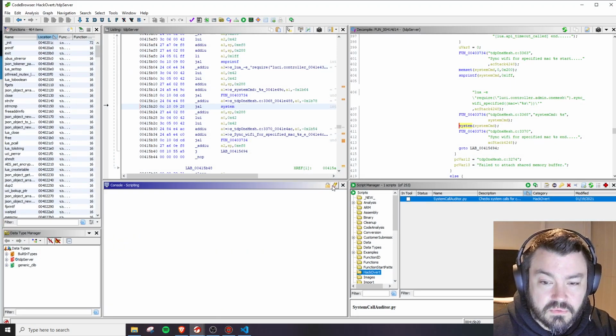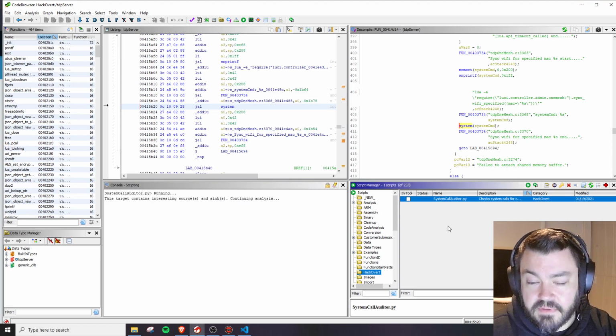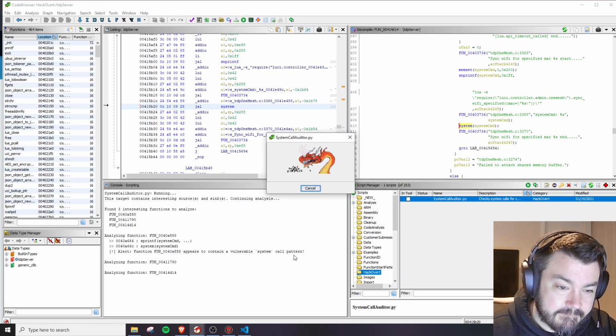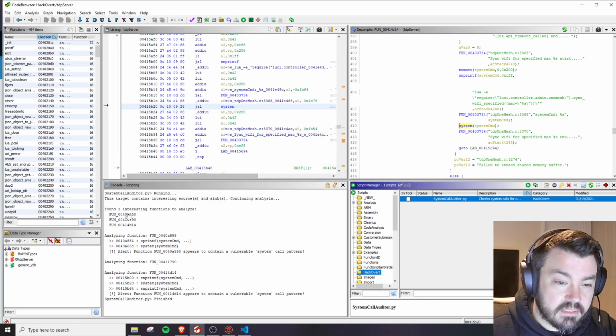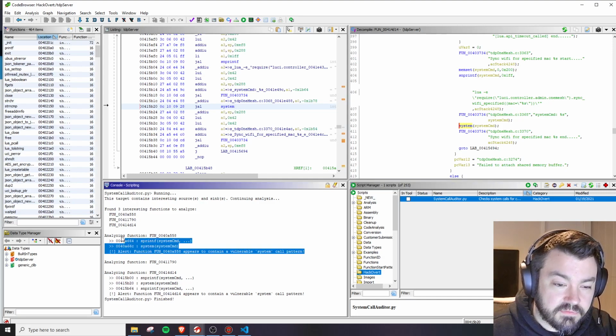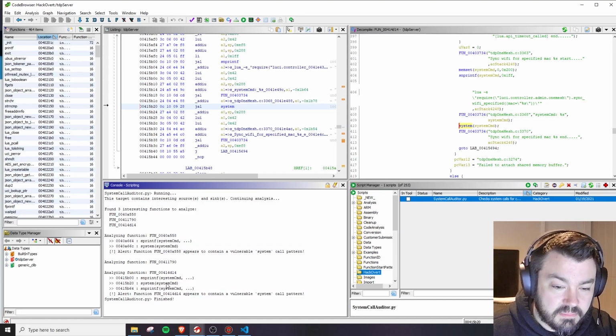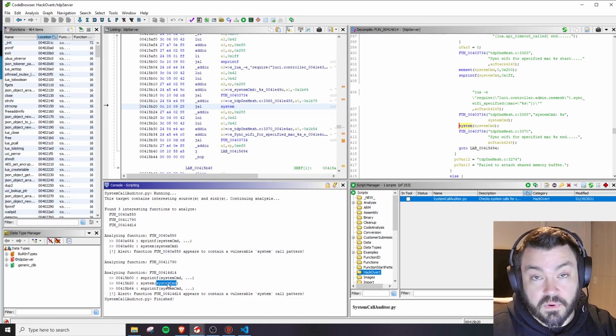If I go to Ghidra, if you haven't seen the video, essentially this is what we're building. All right, so we run this. There's 464 functions in this. It finds three good targets to analyze. And out of those, it starts taking a look. This one is a false positive, which is wrong. And then this one is a true positive, which ends up being the actual location where there is a command